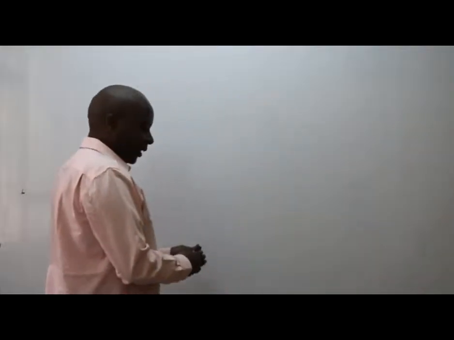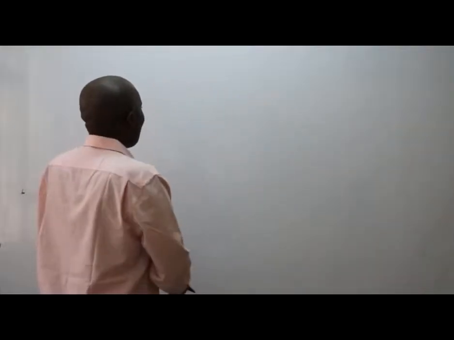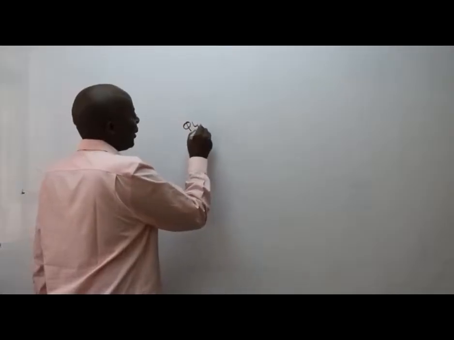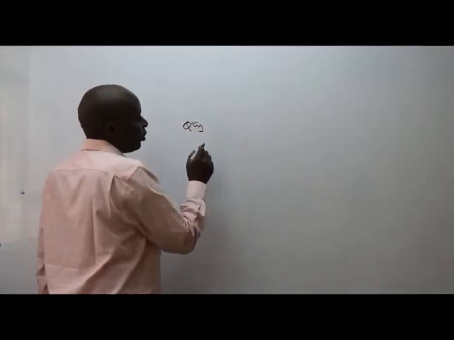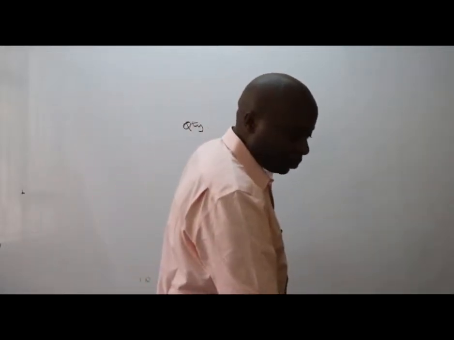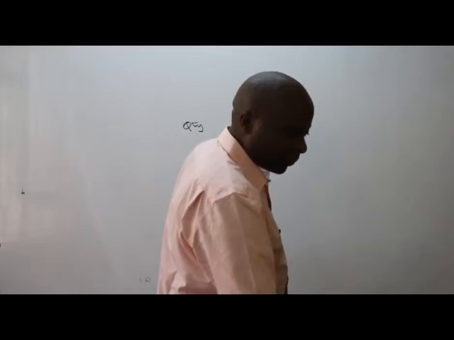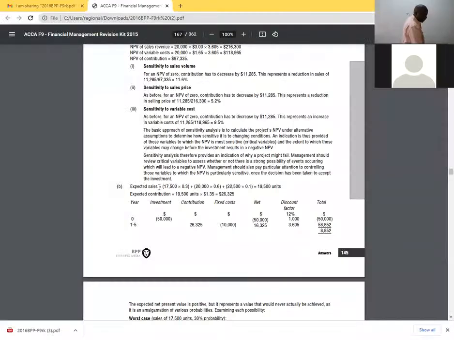So let's see. First of all, they've given us 3 possible quantities, right? They've given us 3 possible quantities that we're going to sell. So the quantities here are 17,500, then we have 20,000. And then we have the last one, which happens to be what here, somebody? 22,500, with these probabilities of 0.3,